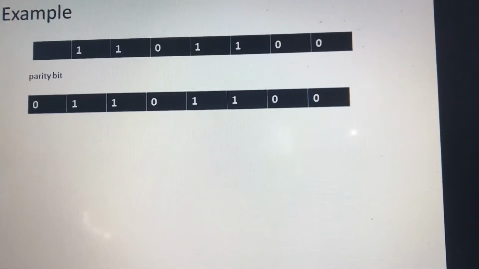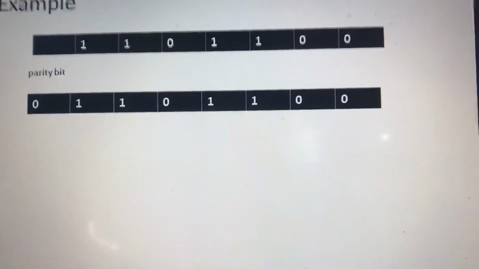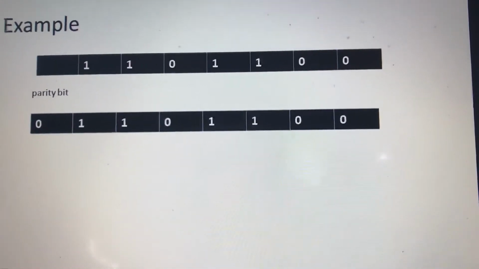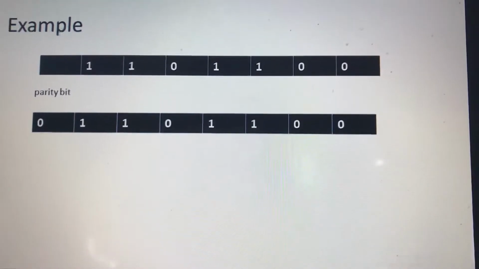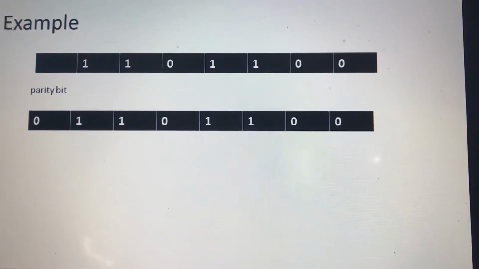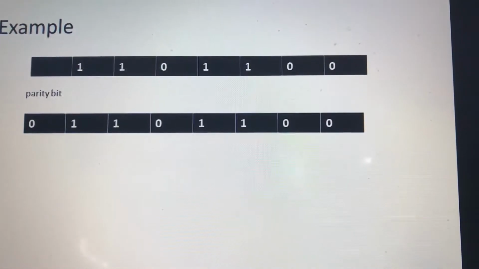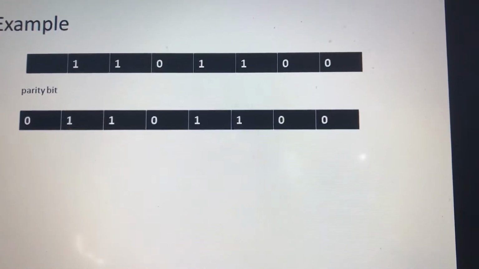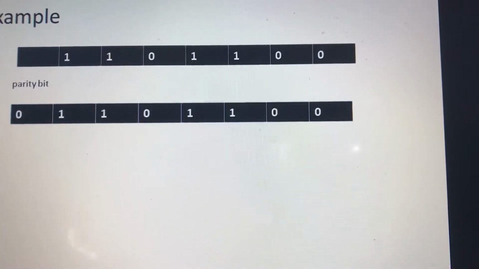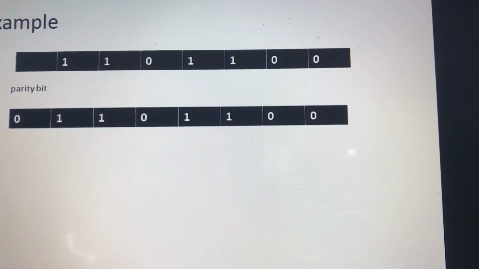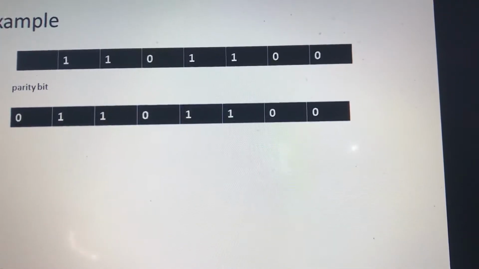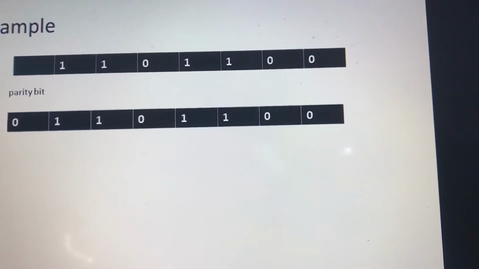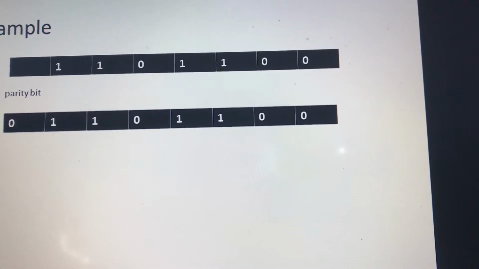So the number of 1s will be odd. Look at that example. On the left side of the first register there is an empty bit. Now we have to calculate the number of ones, whether that is odd or even. So the number of ones is even.